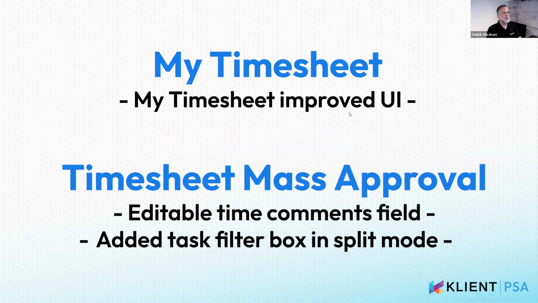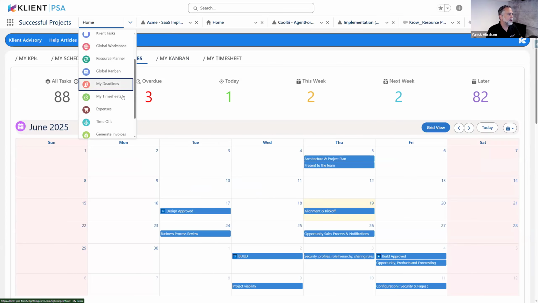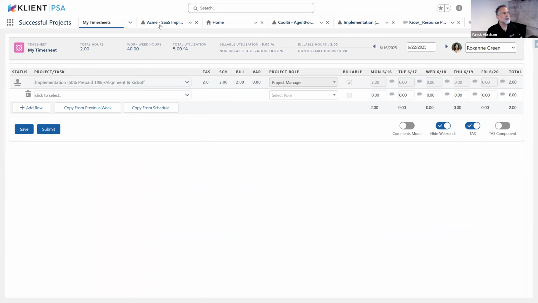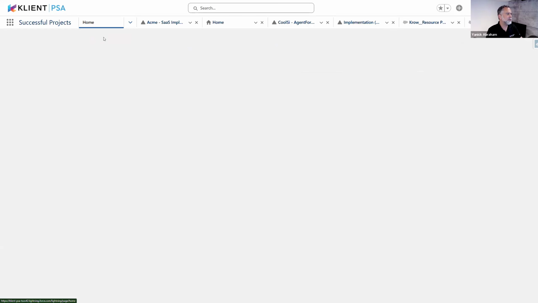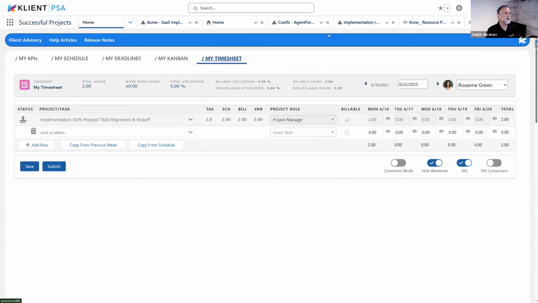Then let's jump into my timesheet. Again, it's an improvement. My timesheet, we've been adding some features, but now we've played a little bit more with, actually, let me go back to my home page. We've played with the responsiveness on the timesheet. So when you have a lot of data, in the past, and it was even more obvious on that home page when you were dropping it, you always had the scroll bar at the bottom. Because of the way it was built, depending on how many columns, because all this is customer based, right? Every customer can have different columns in here, but now it's a lot better formatted and responsive,